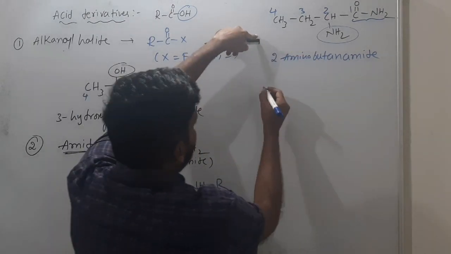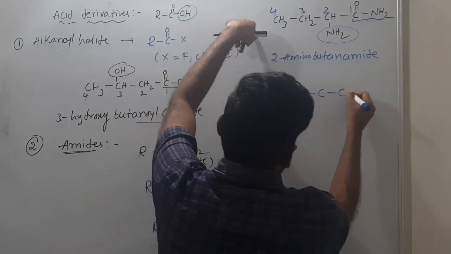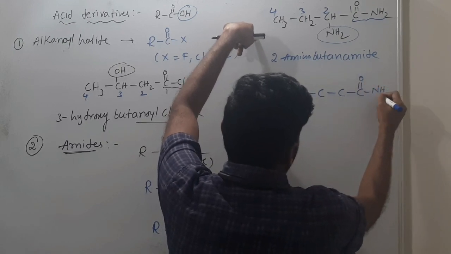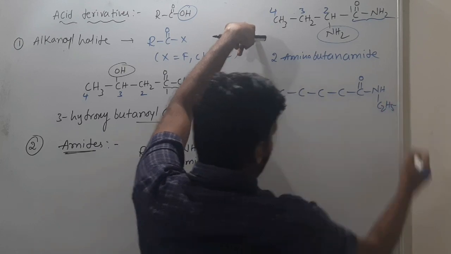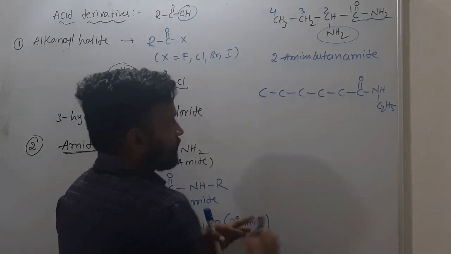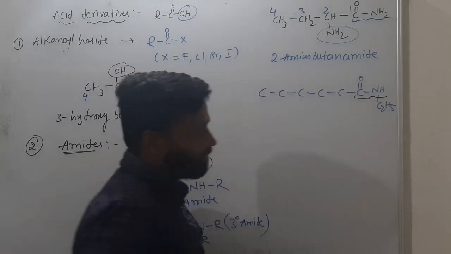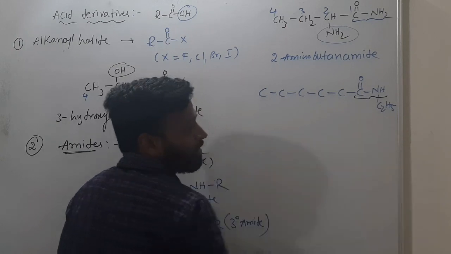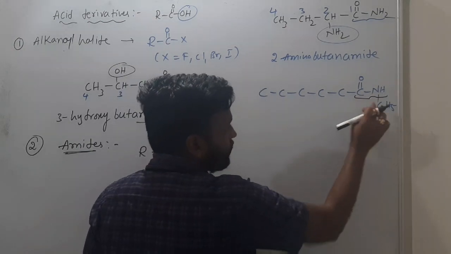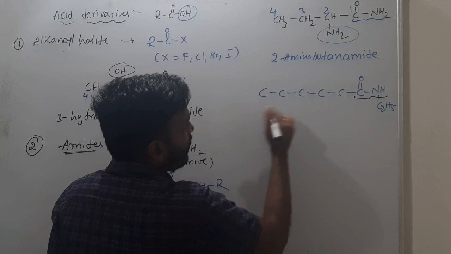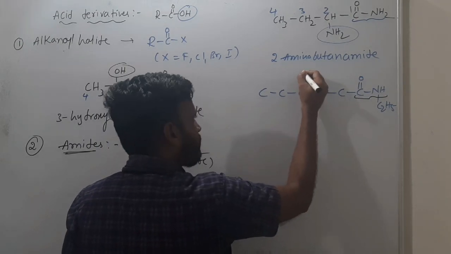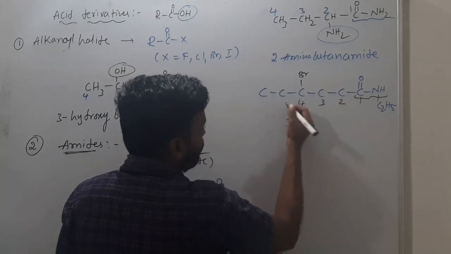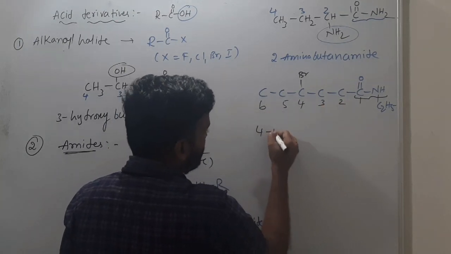But if the nitrogen has one alkyl group, you have to write that alkyl group before the root word. Suppose there are 6 carbons, numbered 1 to 6, and NH, with a C2H5 given. C double bond O–NH is the functional group, and this C2H5 is the substituent attached to nitrogen. Suppose here you have chlorine or bromine, you still give numbering to the 6 carbons, so 4-bromo.